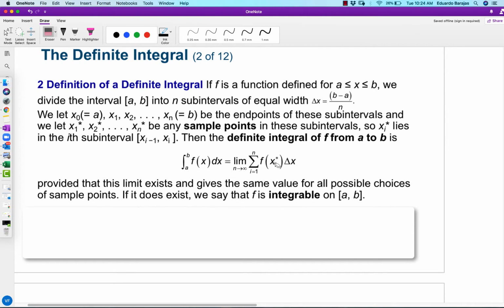But beyond this section, as we increase the number of rectangles, it becomes impractical to actually figure out these sample points. We just know they're there. And as we'll see in this section, as delta x becomes infinitely small, we'll be able to make some assumptions that make these calculations much easier. Okay, so for the time being,